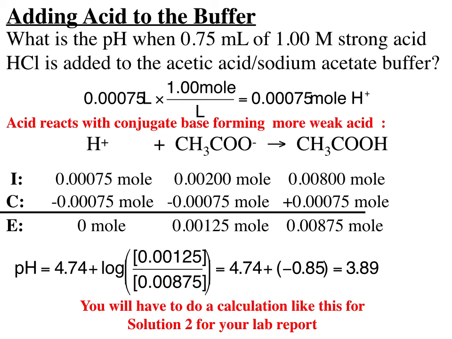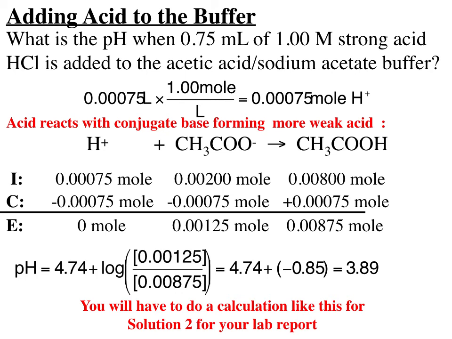And I've added to the weak acid a factor of 0.00075 moles. So now instead of 0.008 moles of it, there's 0.00875 moles of it. Now with these values, I go back to the Henderson-Hasselbalch formula. pH is pKa plus the log of the conjugate base divided by the weak acid. Well, now I have new values. The pKa is still the same, but I have new values for the conjugate base moles, a new value for